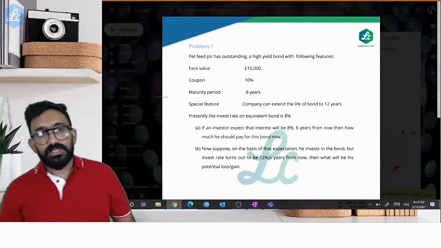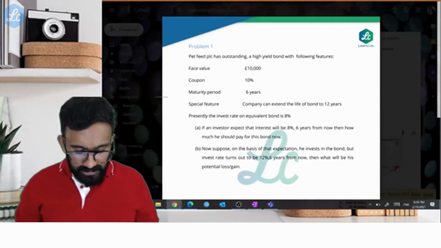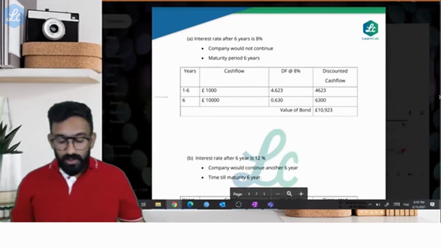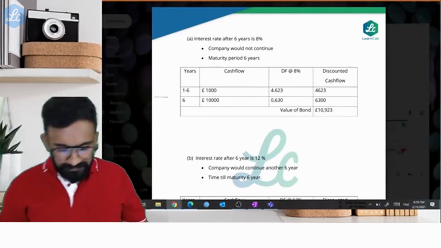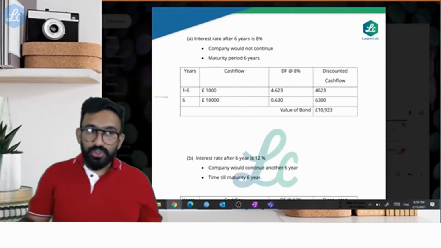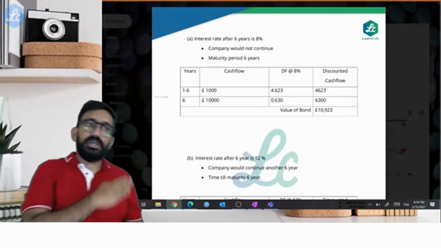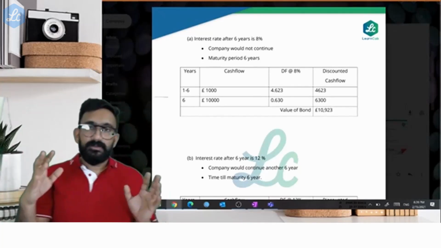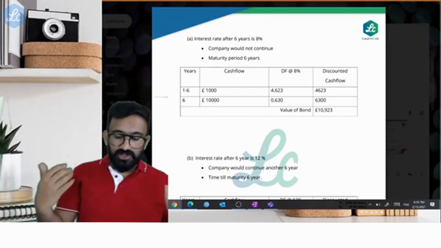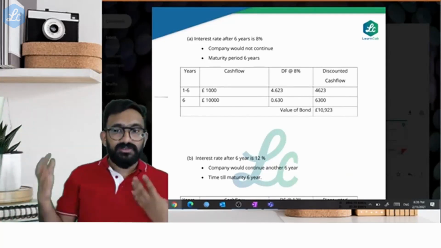In this particular case, let's assume 6 years is what you're analyzing. Let's look into the answer. If you look at the valuation for 6 years, the value happened to be $10,923 today. So with this understanding, you've gone ahead and invested in this, assuming that this 8% is going to continue for another 6 years, which means from year 1 to year 6, the coupon rate is 10%. And at the end of year 6, you're going to get $10,000. We will assume redemption at $10,000 at par value. Then the value today is going to be